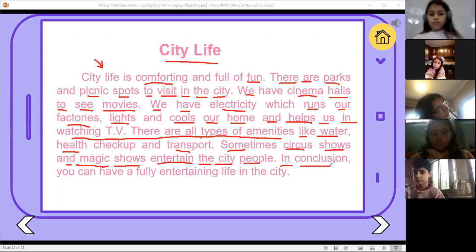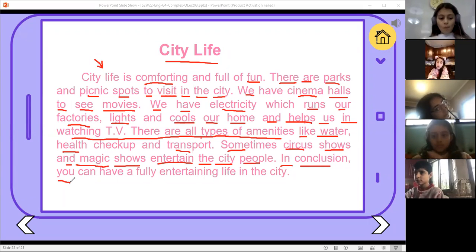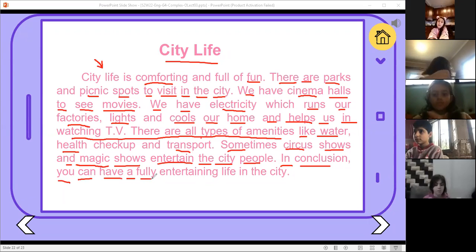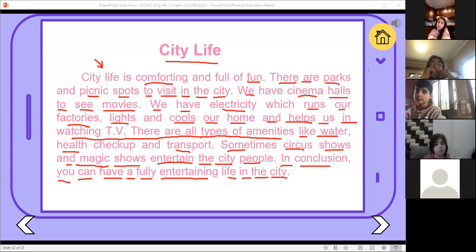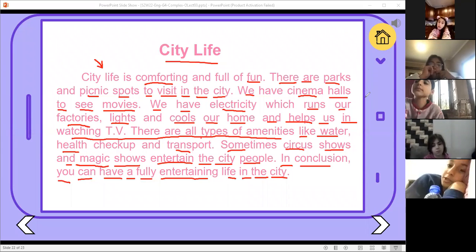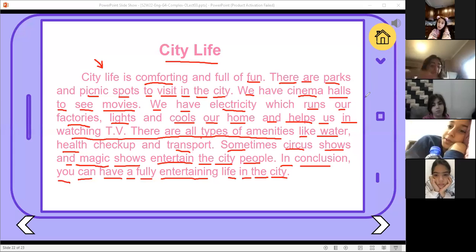In conclusion, you can have a fully entertaining life in the city. Miss, this is an example of an expository paragraph. For those who like to practice and study, you can make a similar paragraph, but about